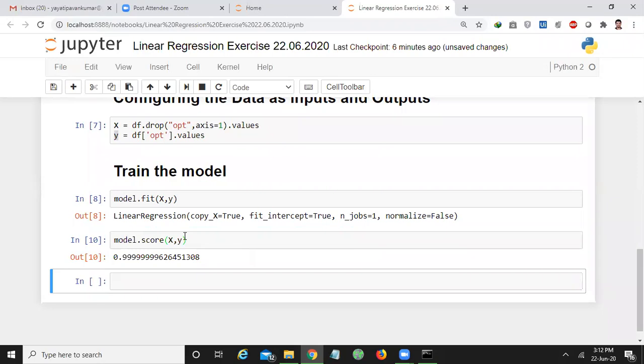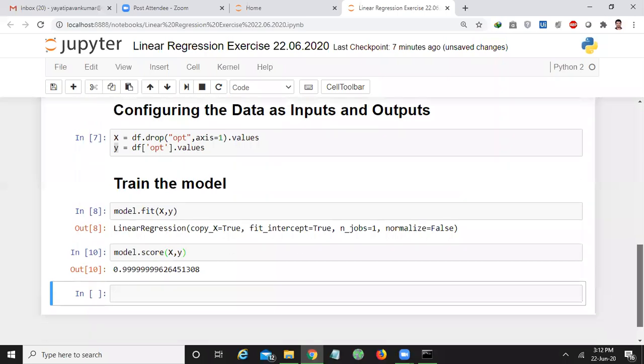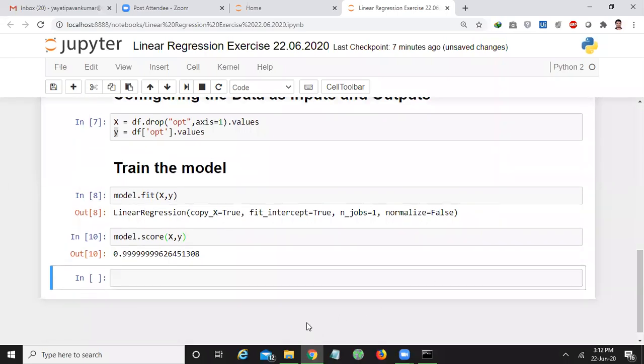This is the accuracy percentage. But let me tell you, this is a training accuracy, not a testing accuracy. Why? Because I am checking the score on the entire data which has already been trained. So here it is called a training accuracy.